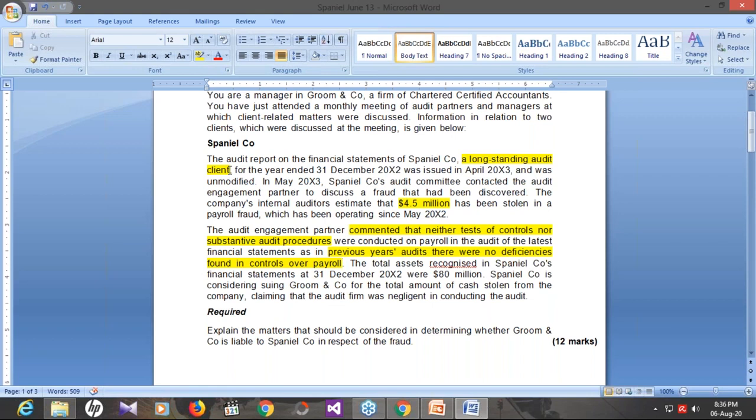The data provided says the company didn't apply tests of control. So what is the logic? The logic is the ISA. According to ISA 500 and ISA 315, the auditor needed to understand the control system of the company and confirm whether control risk is high or not. As the auditor was negligent in performing the relevant ISAs, yes, the auditor is negligent to some extent. And yes, the auditor didn't apply substantive audit procedures as well.